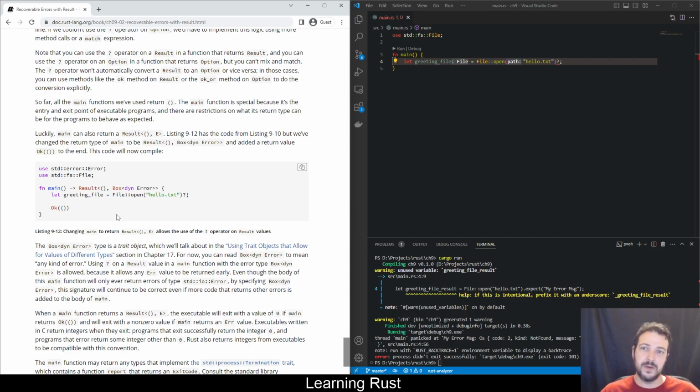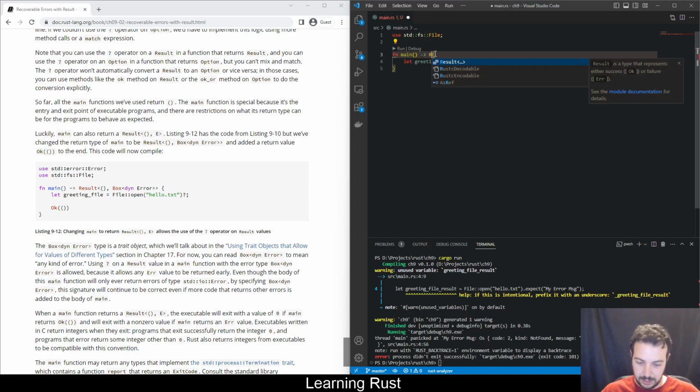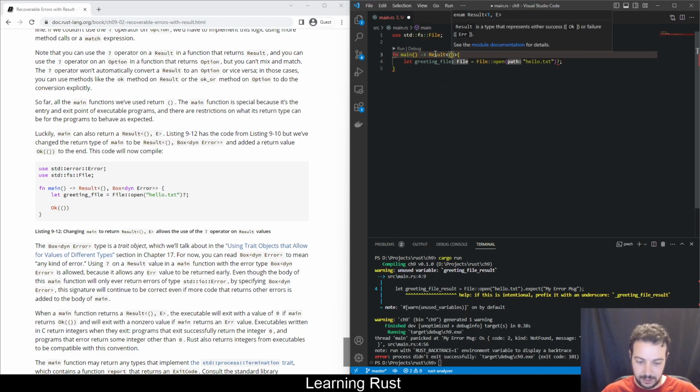So far, all the main functions we've used return the unit type. The main function is special because it's the entry and exit point of executable programs, and there are restrictions on what its return type can be for the programs to behave as expected. Luckily, main can also return a Result. Listing 9-12 has the code from listing 9-10, but we've changed the return type of main to be Result. So let's do this: Result<(),